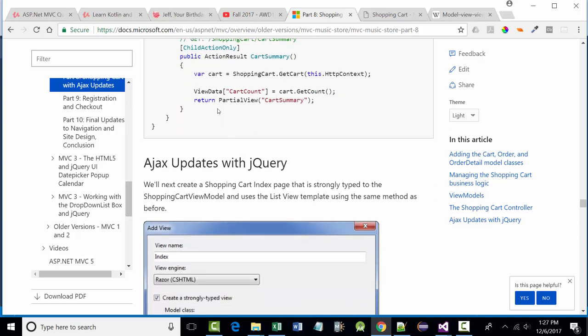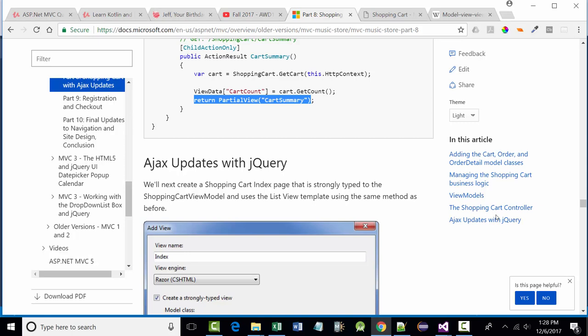Now, look at this, because right now this wouldn't work if we tried to run it. And if it would work, it wouldn't be complete because we didn't create this yet. We're going to create this later, this partial view called cart summary. What's the big difference between a view and a partial view? The views we've had, if you remember, we usually have an @ sign at the top and we made them strong views. When you create a partial view, it comes up, there's nothing in it at all. It's an empty file. It's designed to work with one or more other views. It's a partial view. It's not doing all the work itself. It's designed to work with other things to get the work done, for lack of better words. All